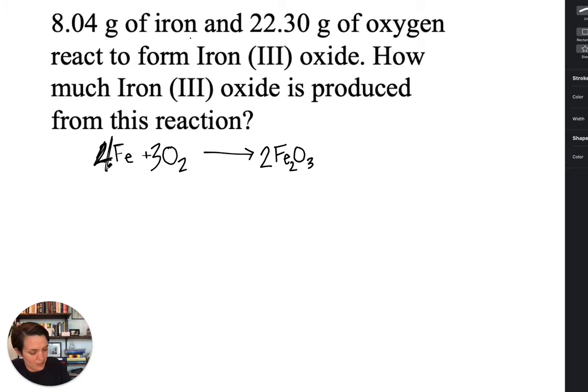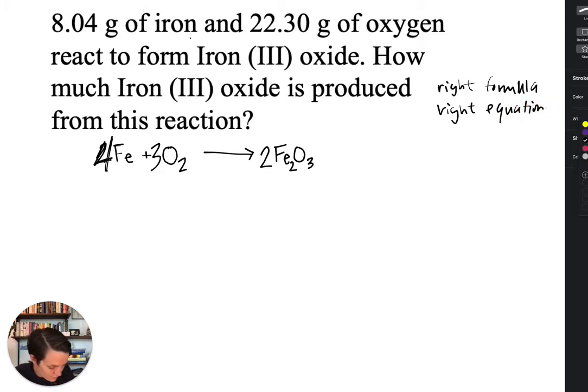So once you're done here, you want to be like, do I have the right formulas? Right equation? Have you written those correctly? That should be like your first check, because if those aren't right, then everything else that you solve is going to be wrong, right? Okay, so I'm given information, I'm given a mass of this reactant and of this reactant,